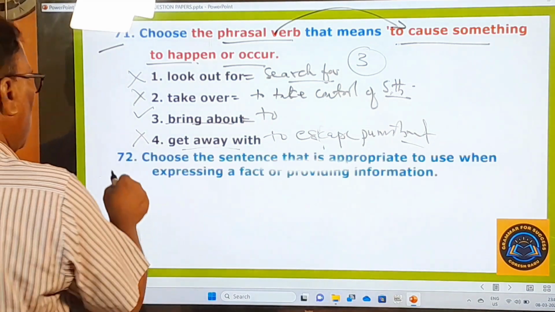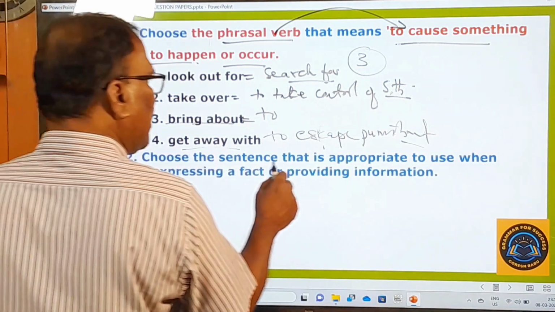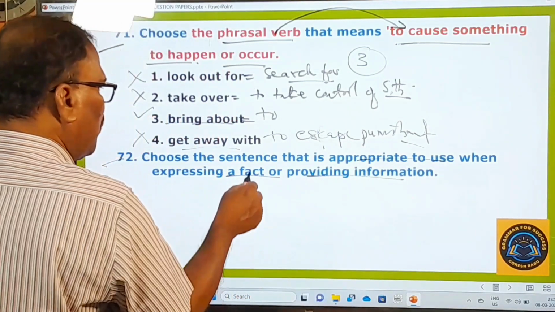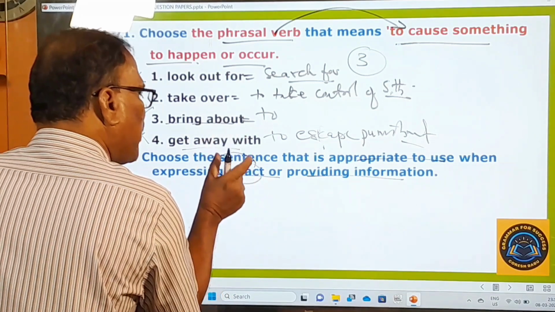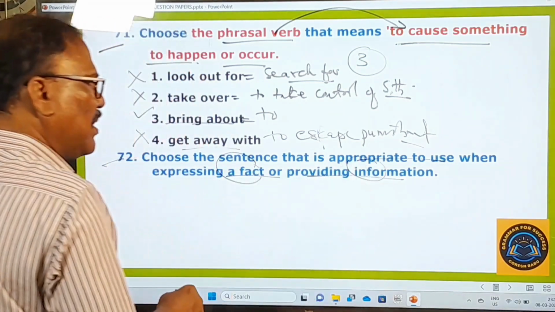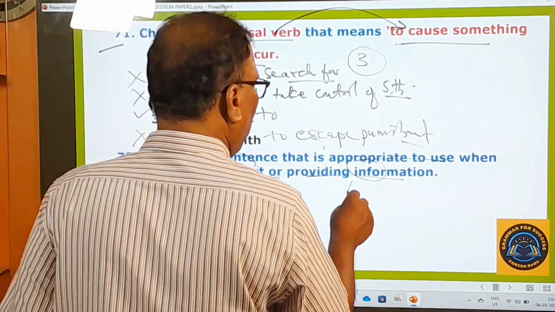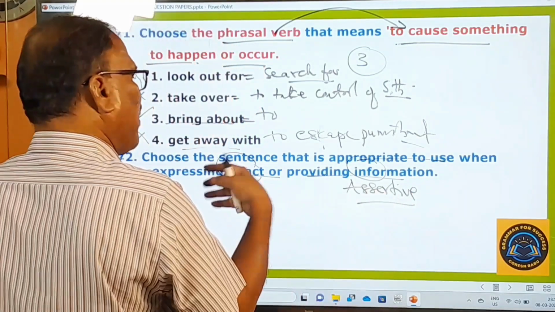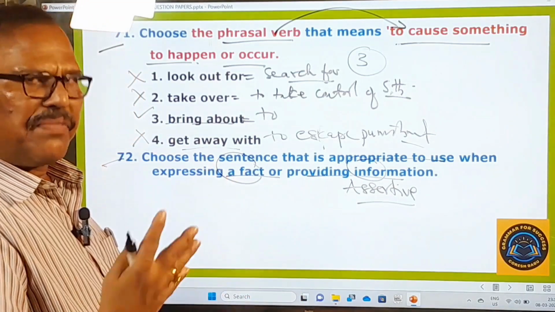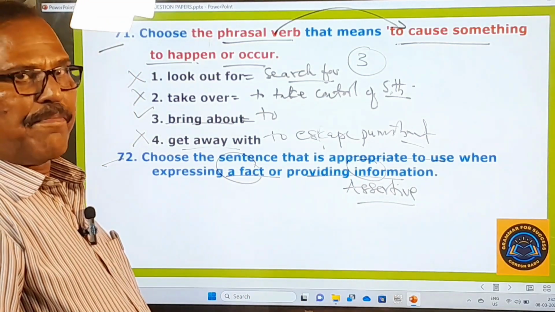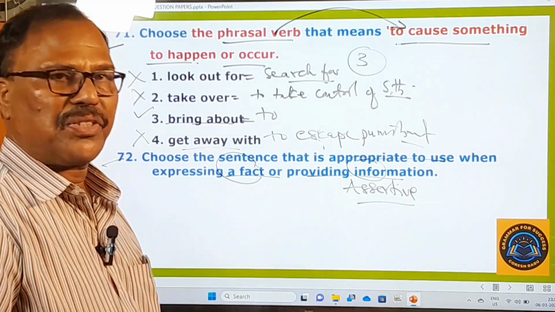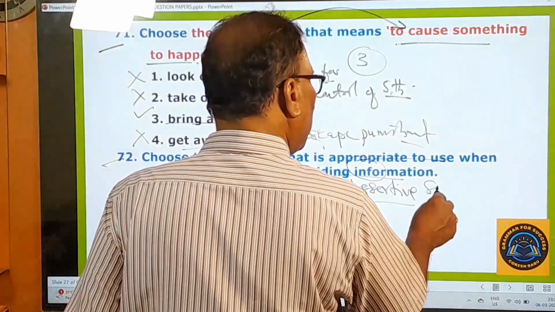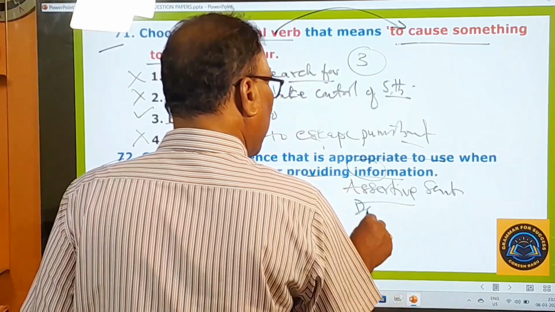What is the next question? 72nd one. Choose the sentence that is appropriate to use when expressing a fact or providing information. Whenever you want to express a fact or information, that is what? An assertive sentence. That means whatever the facts. India is a great country, it's a fact. Dhoni is a good cricketer, it's a fact. I'm giving information, so that's why this is called an assertive sentence or declarative sentence